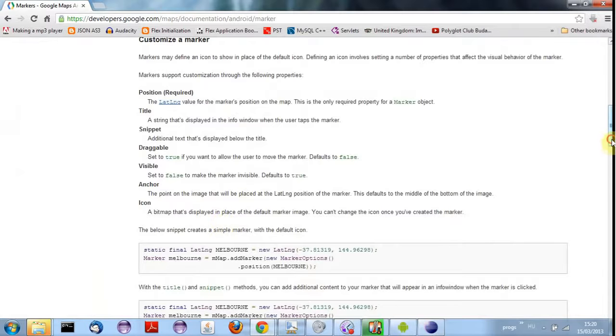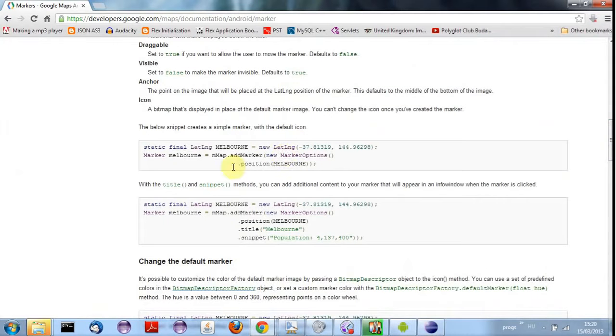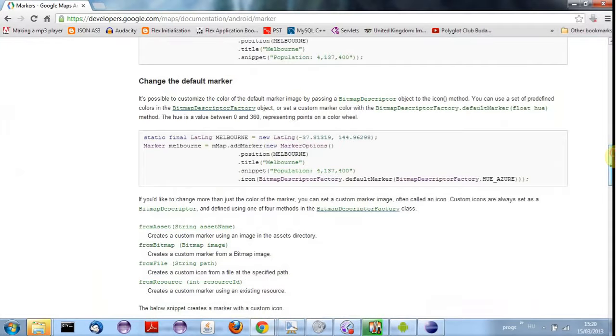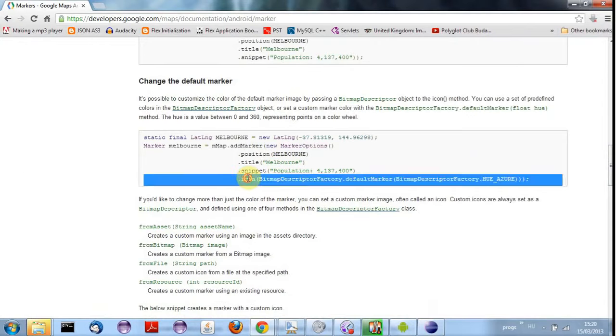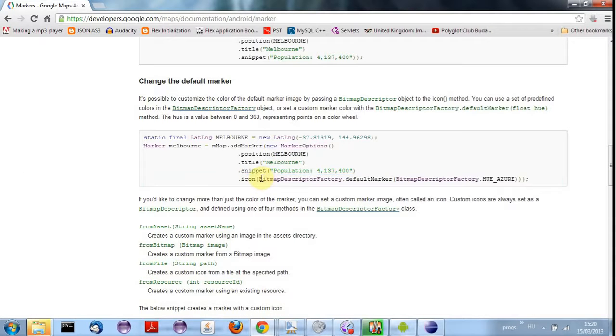And we've got some more examples down here, like setting a position at Melbourne. This is a longitude and latitude. And here we've got an example of setting an icon. It's a bit more complicated than I imagined. We've got to call the .icon method, and we need to use BitmapDescriptorFactory here, it says .defaultMarker. So there's a bunch of default markers that we can set as well, apparently,